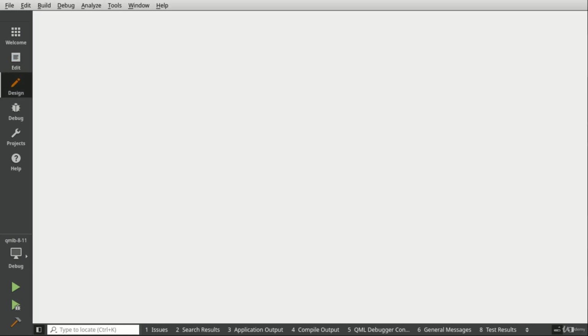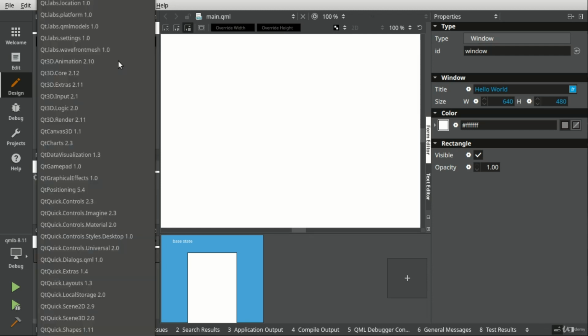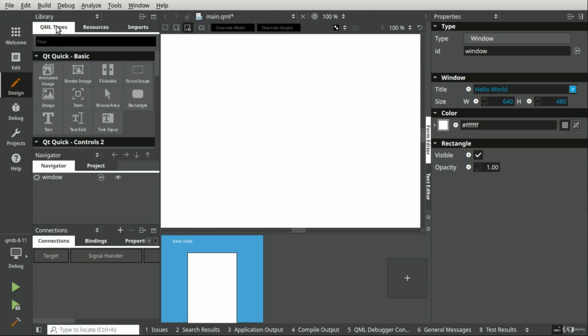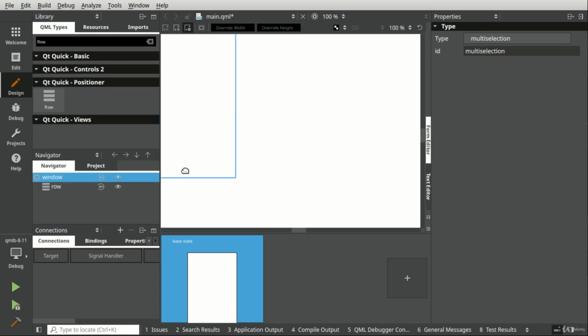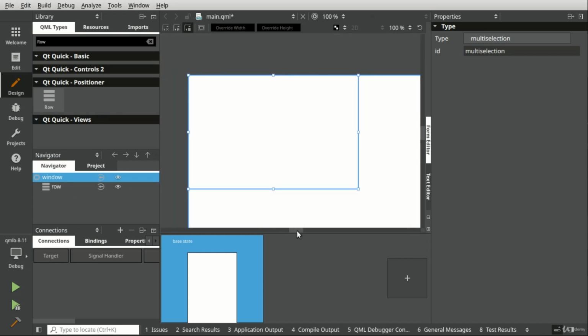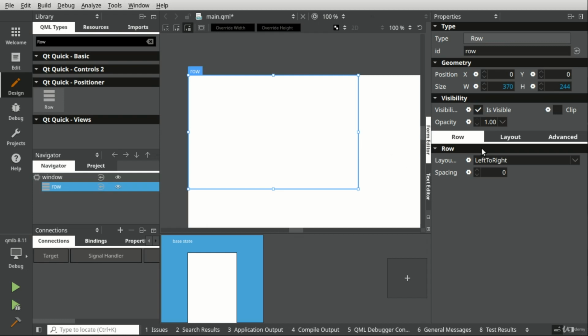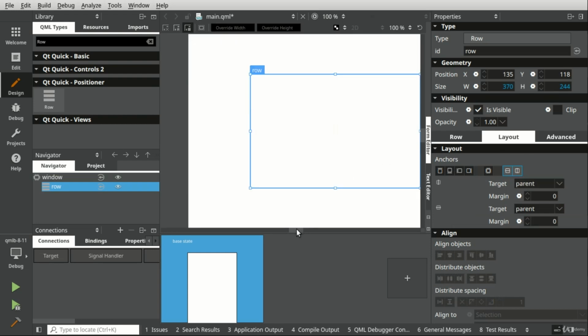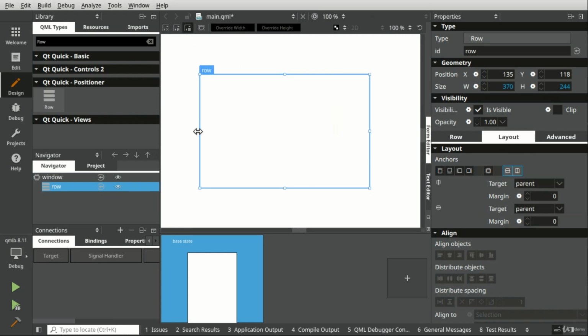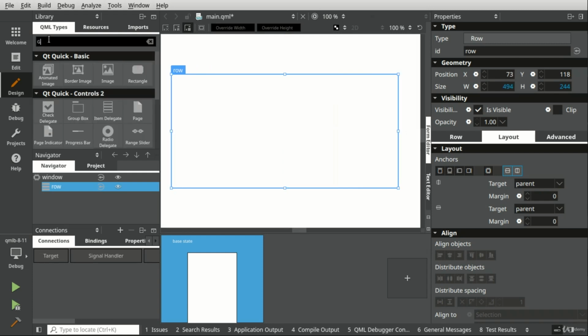All right, so we're going to go here, design. Let's go ahead and add that in, and we're going to say Qt Quick Controls. First things first, I want to add in a row. Let's drop that down there. I'll scale this a little bit here. And let's grab this little guy. Let's move him around. There we go. We may have to scale this a little bit more. And I'm going to say group,